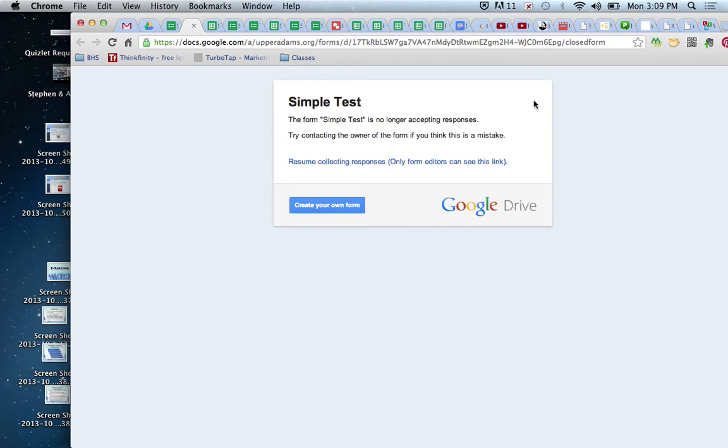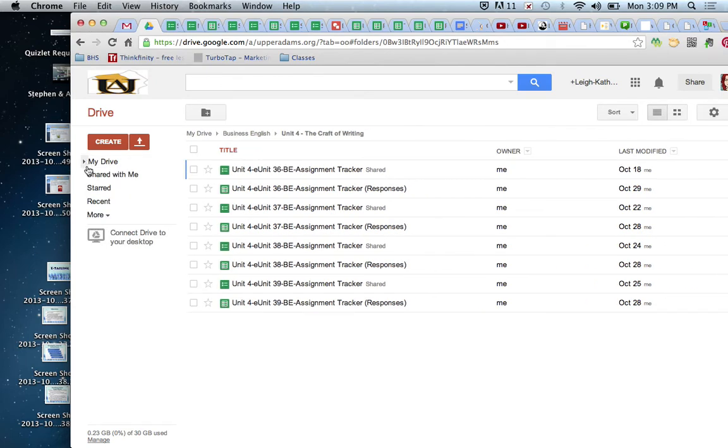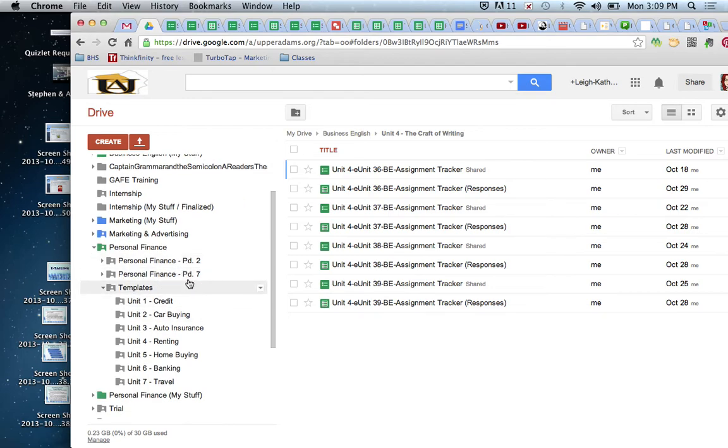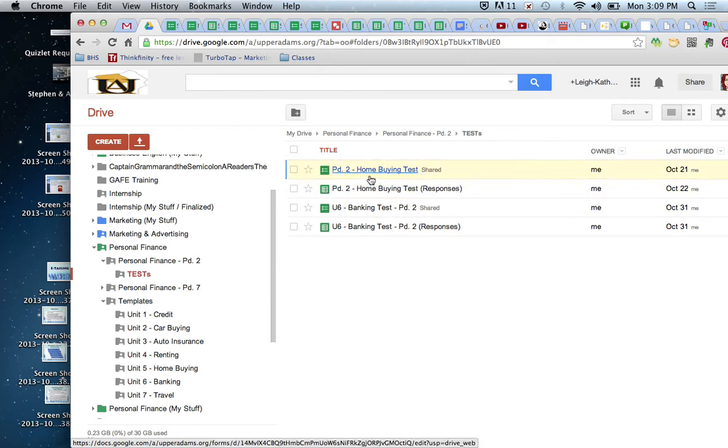Which is why, in my Google world, if I close all this, my personal finance folder down here, you'll see I have period 2 and period 7. So only the kids in my period 2 class can see what's in there, and that's where I put their tests. That's the best way to do it. So if you're not assigned to that folder, you won't be able to get in. They can go into this folder right now. If they were to go in there now, they would see this test, and they would see this test. But if they go to click on it,